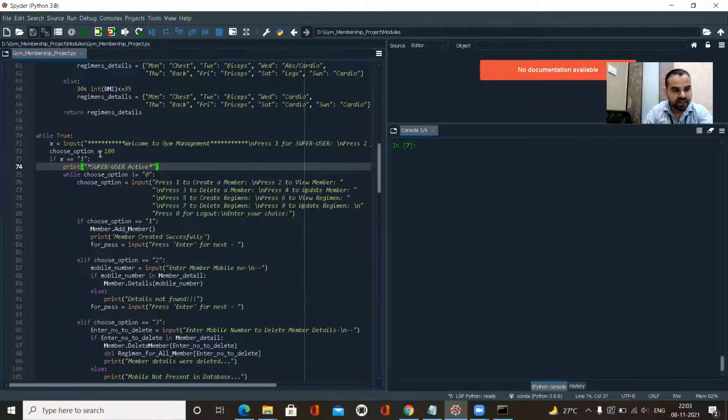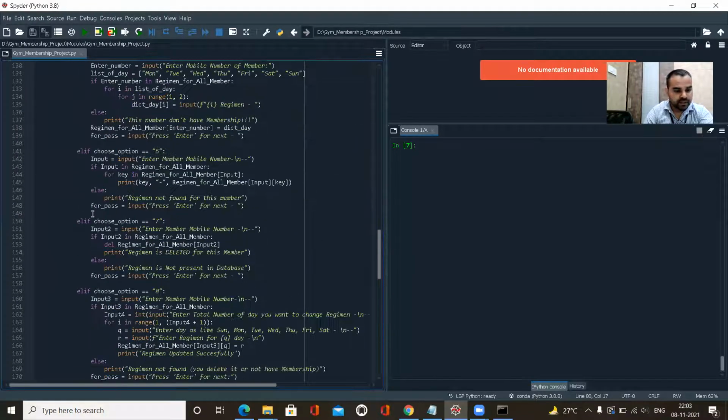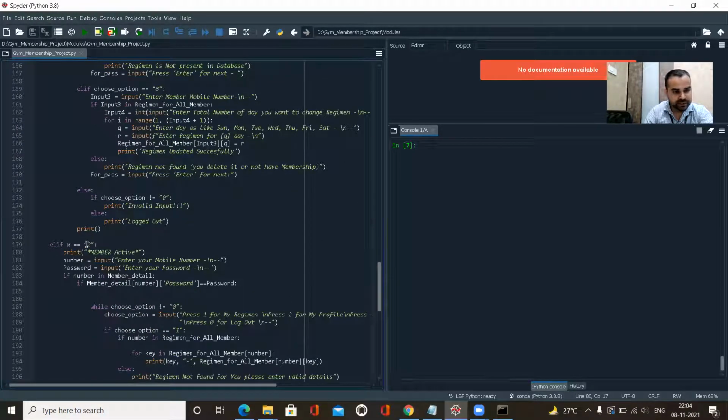So here I'm giving one condition: if x is equal to 1, then the super user will be activated. And if x is equal to 2, then I'm writing another elif statement, so the member will be activated.